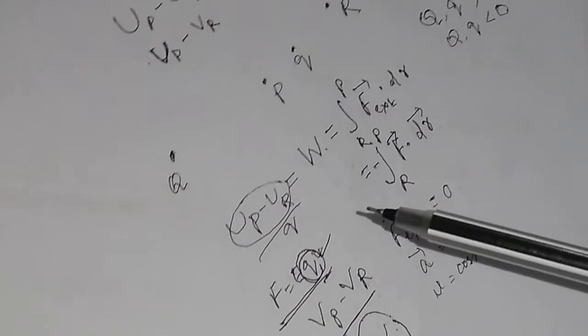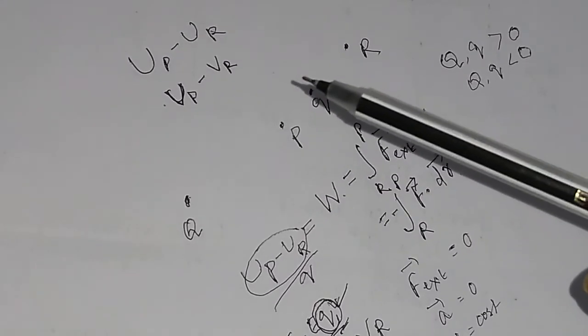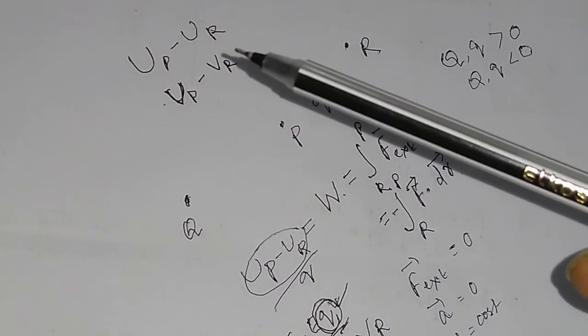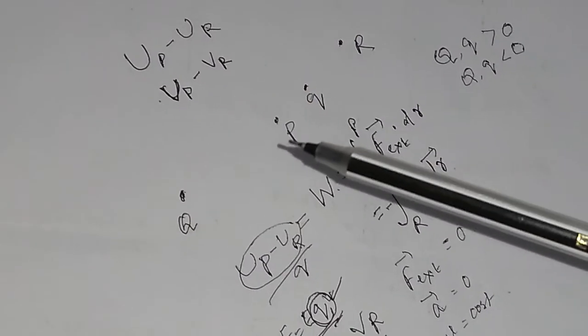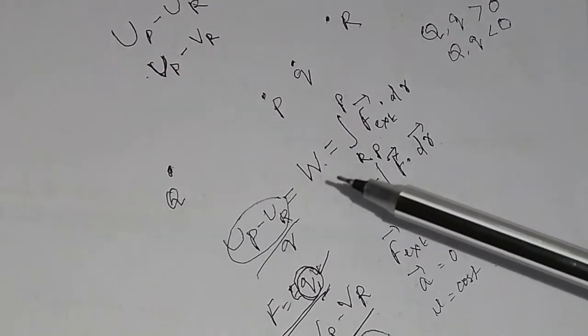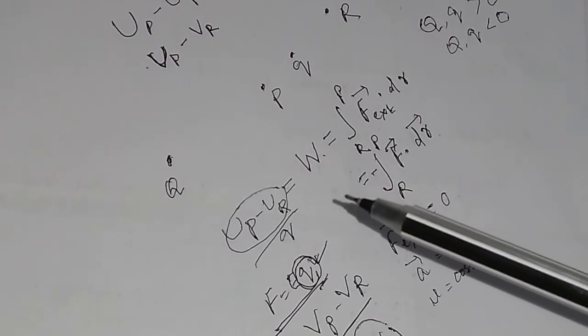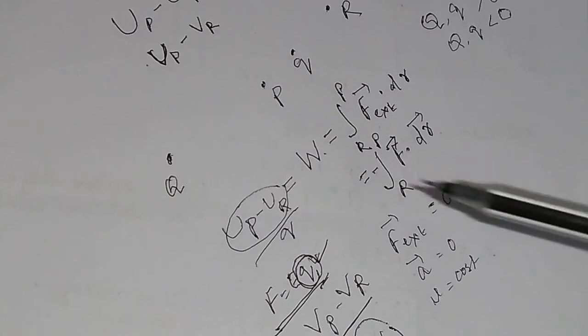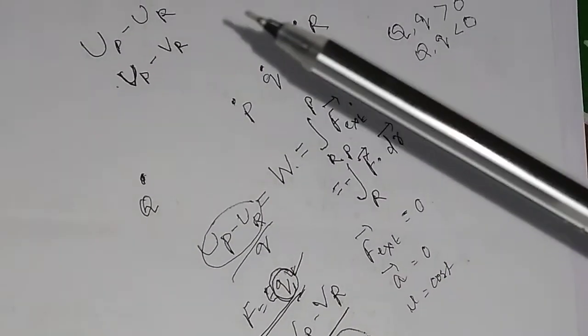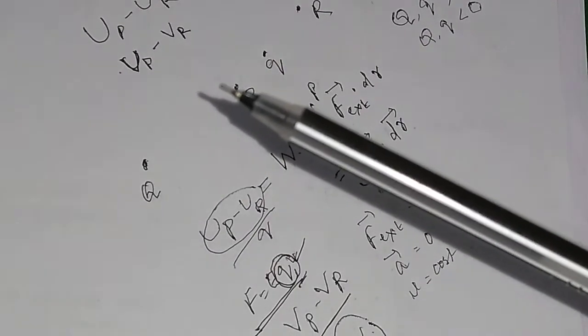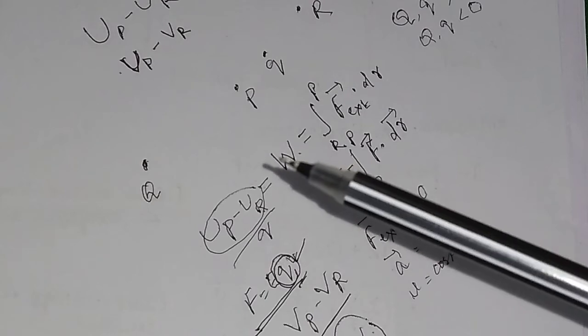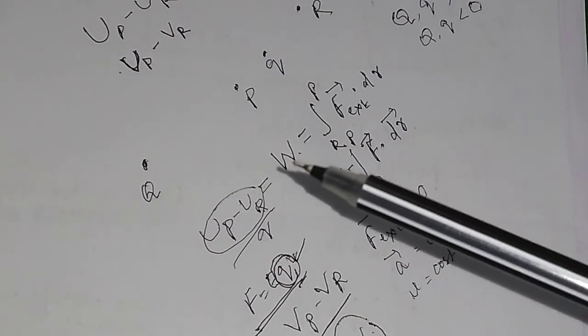So this is the difference why we do not take electrostatic potential energy. Basically we take electrostatic potential difference in electrostatics, and we take electrostatic potential at a point or electrostatic potential energy at a point. So these four things, that is the electrostatic potential energy difference, electrostatic potential difference, potential at a point, and potential energy at a point, are very useful in electrostatics.